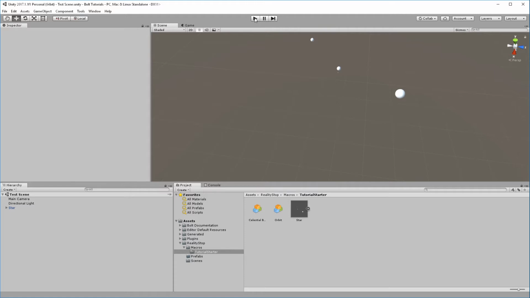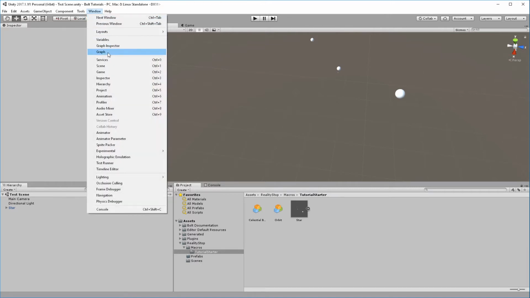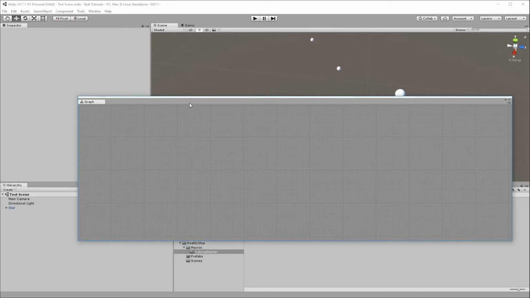But enough of all the basic stuff. Let's go ahead and open up our graph view here. Now, I'm going to be using human naming for this tutorial as opposed to the programmer naming, but that's both